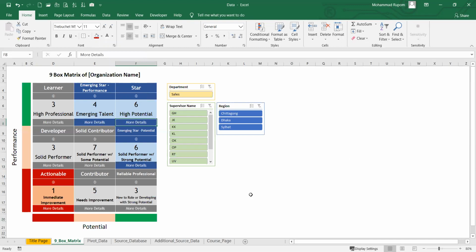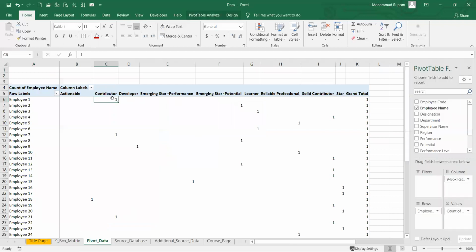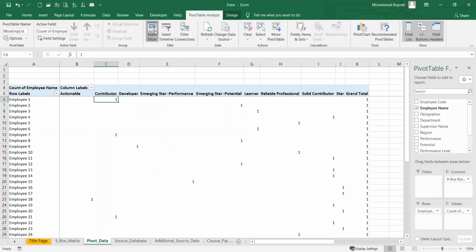And the last thing we need to do is create this slicer, which will help us to navigate through this 9-box matrix. We can create that by going to the pivot table data worksheet here,